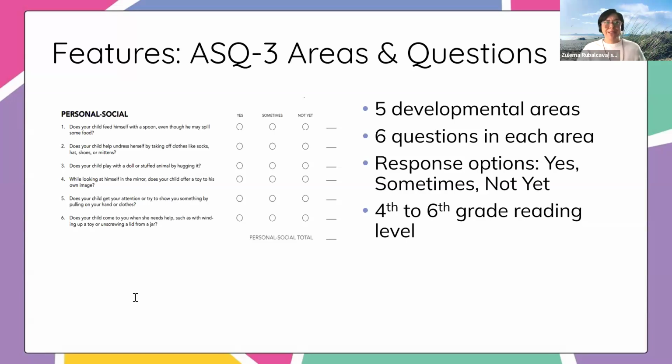So if you know that your families maybe are lower literacy than 4th to 6th grade, a send home method is probably not going to yield a lot of really great results, right? You're going to struggle to get them to complete it. And probably a lot of it will be because families don't want to tell you that they can't do it independently. So you'll hear a lot of, oh, I forgot, I did it, but then I left it somewhere, or I think I already turned that in, right?